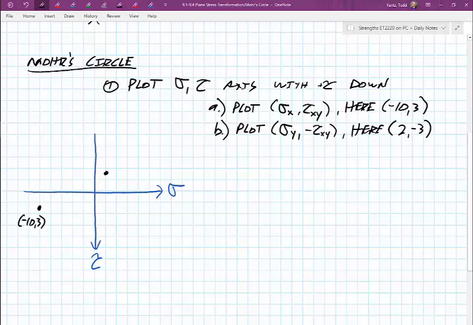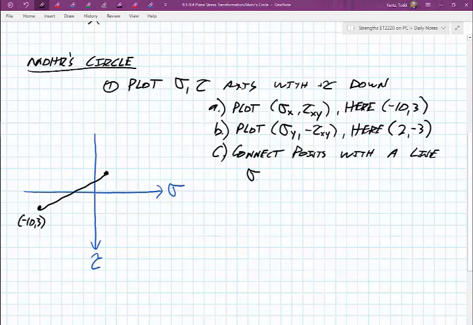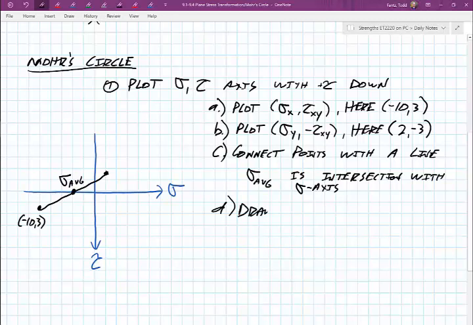And after I have those 2 points plotted, what I can do is connect those points with a line, something like that. And here is a key point. We have this average stress, or sigma average, and that sigma average will be the intersection with our sigma axis for our average stress. The next step in this process would be to draw our circle, and with this circle